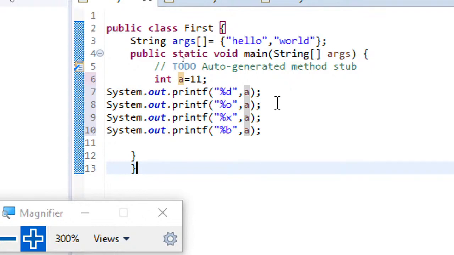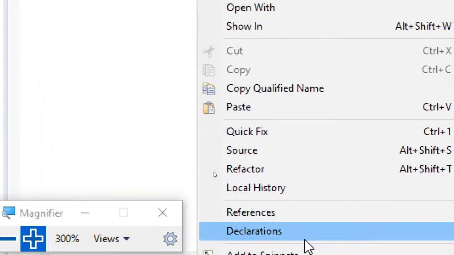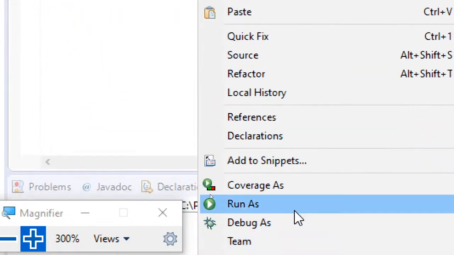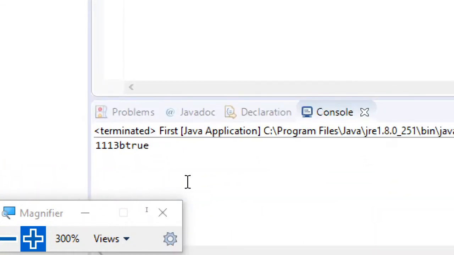Now let's run the program and discuss what the result is saying. Run as Java application. I haven't used slash n, that's the reason they are coming continuously.